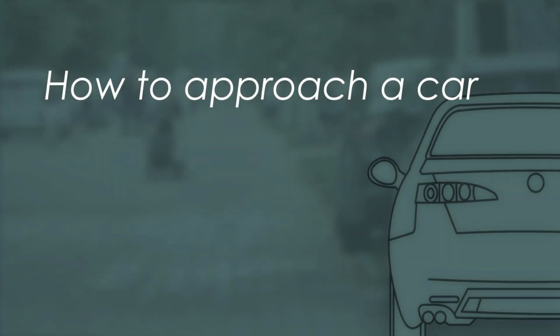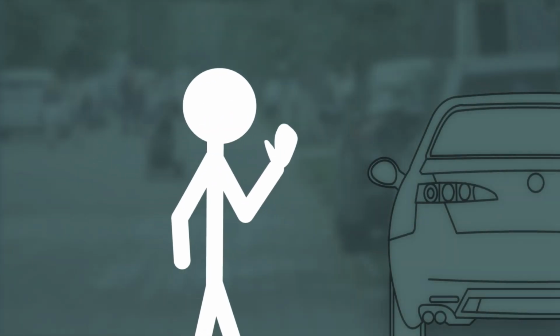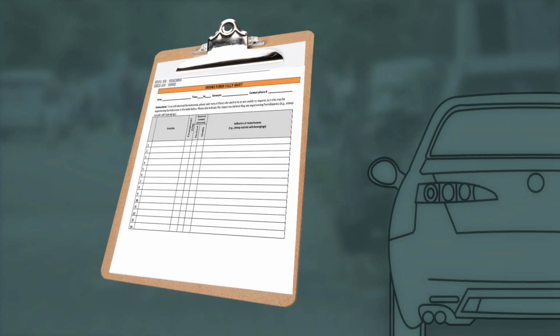If you see a parked car that is occupied by a person, check to see if the person is awake by waving and trying to make eye contact. If the person is sleeping and it is apparent that the car is being used as a shelter, walk away and make note of this person, including location and indicators of homelessness on the tally sheet. If you are concerned for the individual's safety due to weather or other reasons, please reach out to the emergency contact you were provided with at training for assistance.